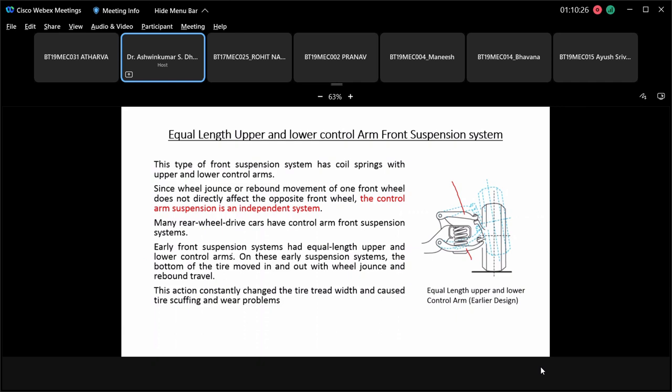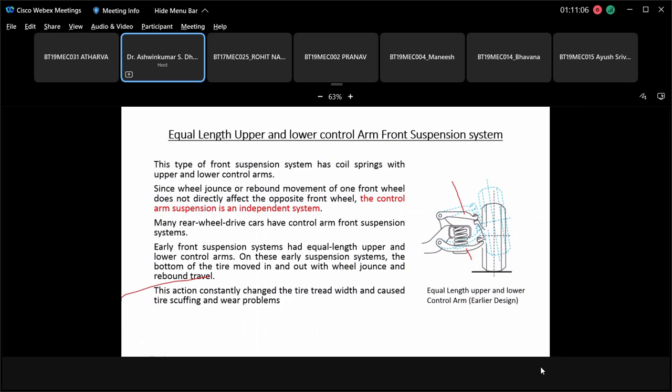Early front suspension systems had equal length upper and lower control arms. On these early suspension systems, the bottom of the tire moved in and out with wheel jounce and rebound travel. This action constantly changed the tire tread wear and caused tire scuffing and wear problems. That means this is an independent suspension system, but as highlighted, in the earlier design the control arm length is equal, that means